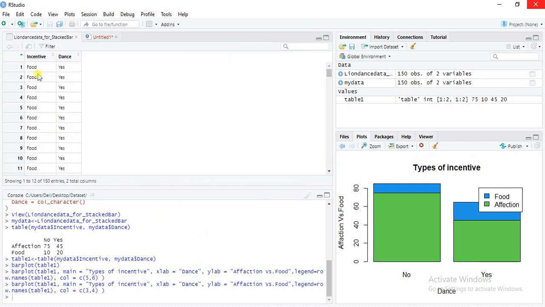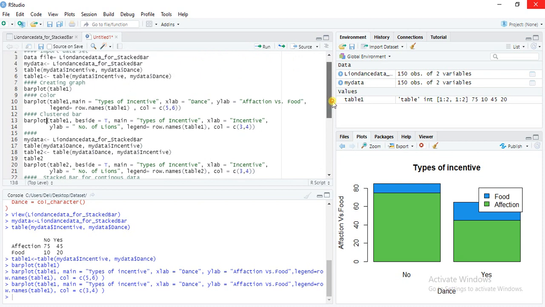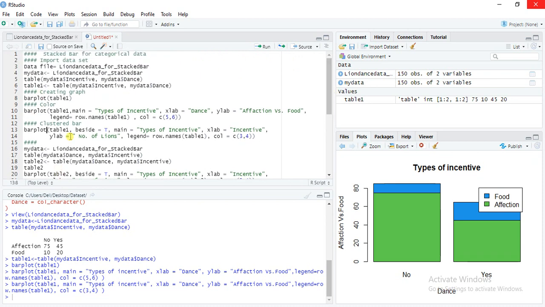In the first we have taken incentive first and dance second. Now what will we do? We will reverse it. We will take my data dollar sign dance first, and then incentive second.